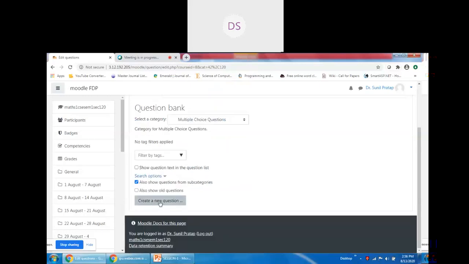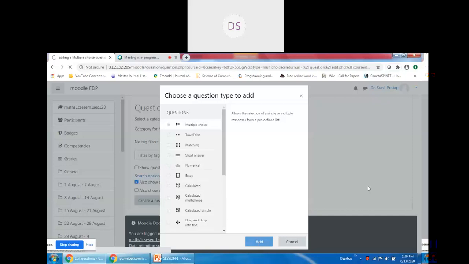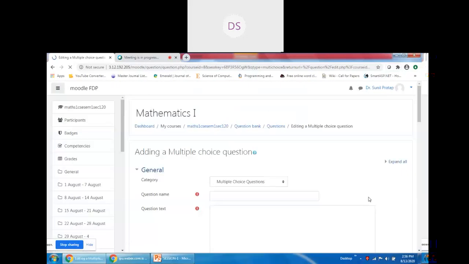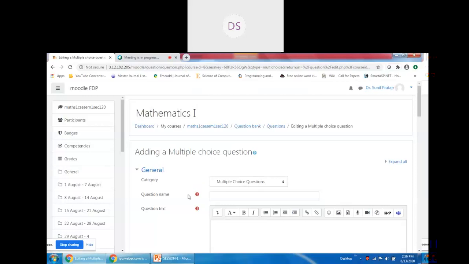Create a new question. Which type of question do you want to create? As the category is related to multiple choice, I am interested in adding a multiple choice question. Now, question name.